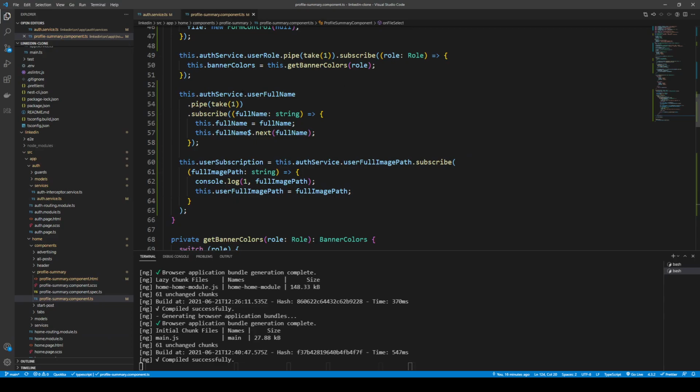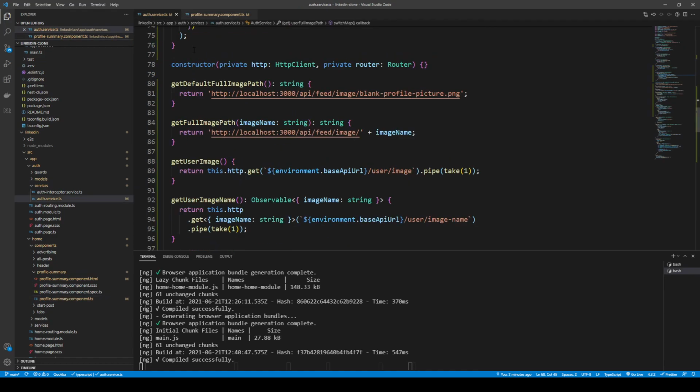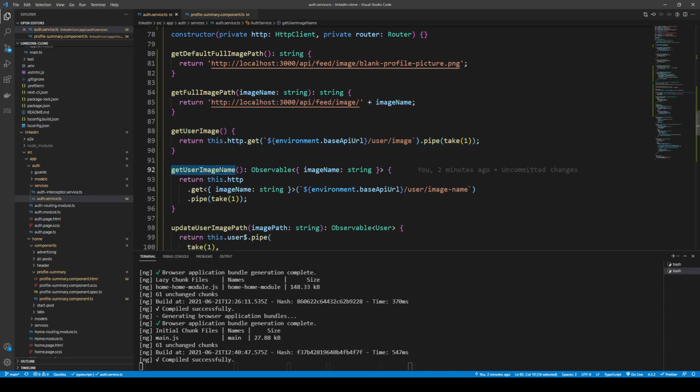So basically nowhere in this application are we doing our first, and I can remove this now, but actually I'll leave it there just for now. But we're not actually getting the user image. So nowhere in this application have we hit the endpoint to get our user image in the first instance. So we want to get that user image, and actually we want to get the user image name so then we can put it into the HTML. So for that,